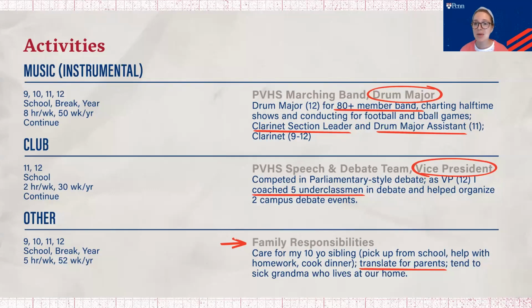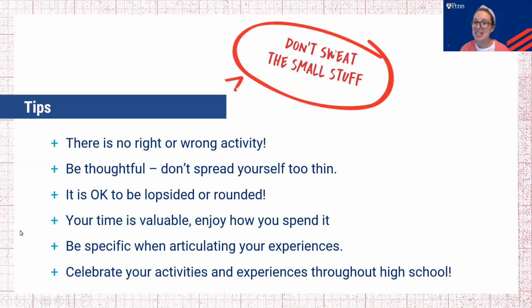So as Diana mentioned before, we really want to emphasize what we're hoping to learn here. It's how are students spending their time outside of the classroom, not just in those what students would think of as traditional clubs or extracurriculars, but all of those various pieces of how they're spending their time. And we'll go through some of our tips for the process. And as Diana said earlier, there is no right or wrong activity. There is no activity we're looking for.